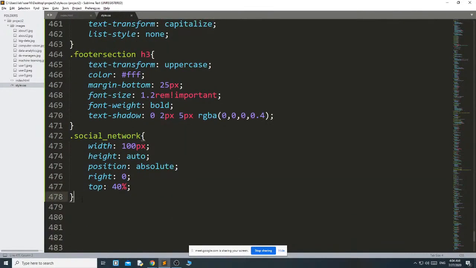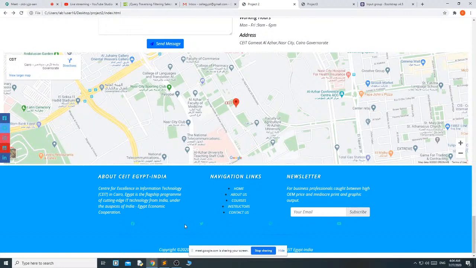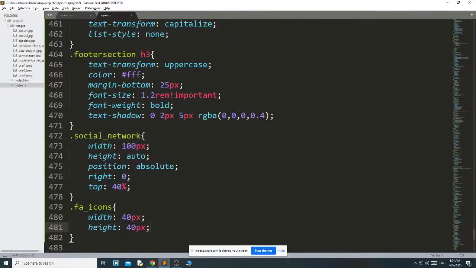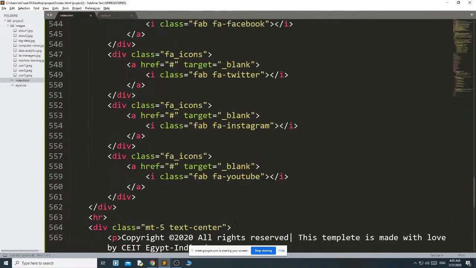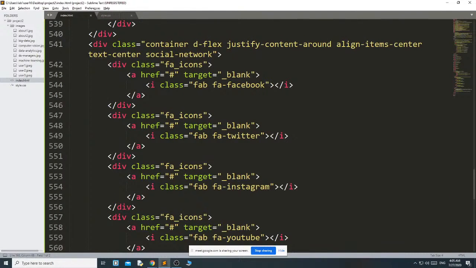Then I need to increase the icon size: dot fa icons, width 40 pixel, height 40 pixel. You can see that the size got changed. No, what happened? Social fa icons, social network.